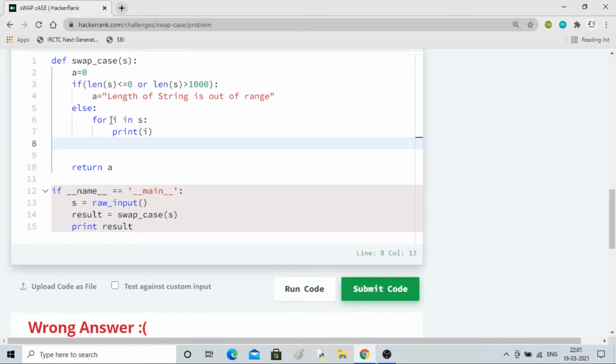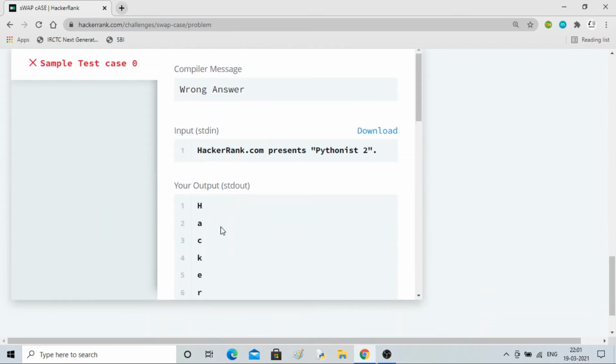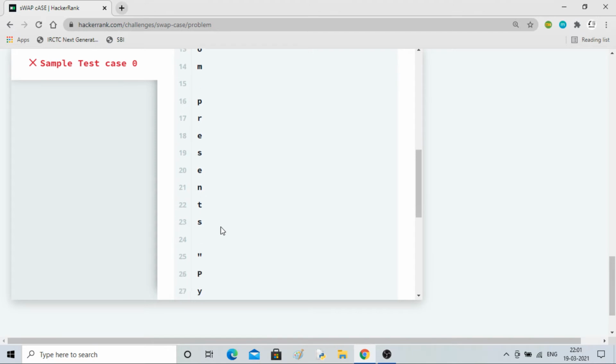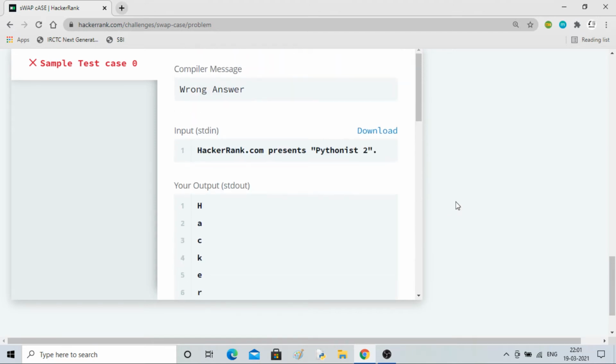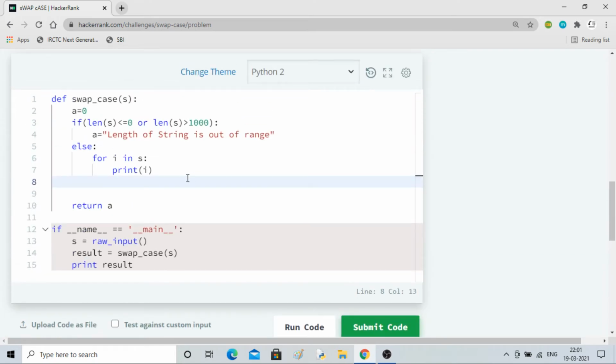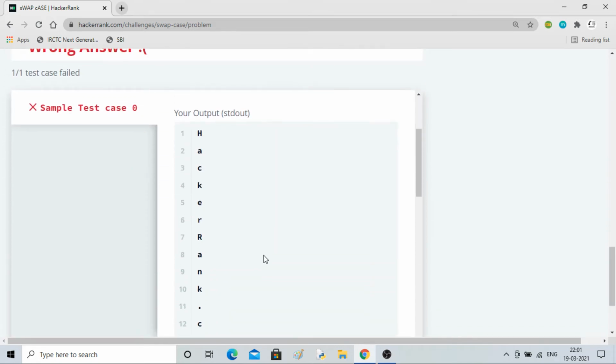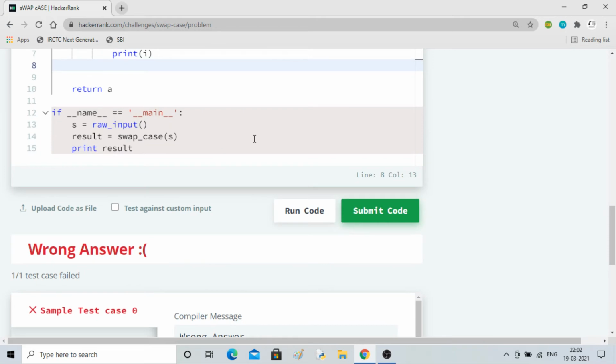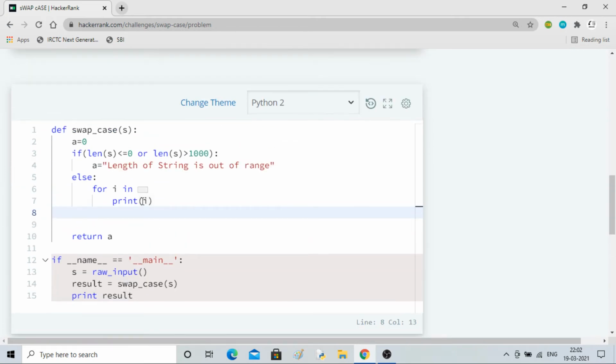What's the problem? I think in S print I. I think I've done something wrong. One minute.